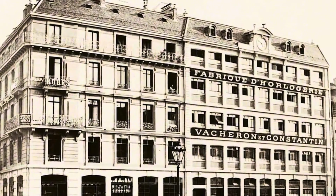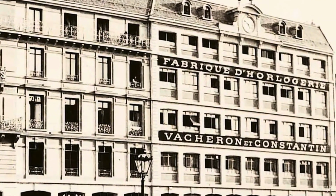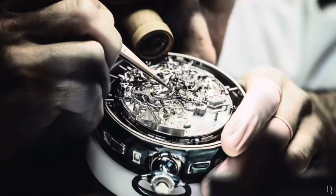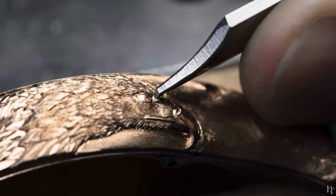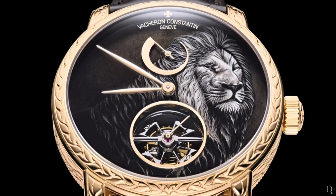Founded in 1755, Vacheron Constantin is one of the most respected Swiss watch manufacturers, behind iconic models like the 222, Historique Americain and the Overseas. Within the manufacturer, there's a department known as Les Cabinotiers, which specializes in bringing unique ideas to life. Basically, if you've got a minimum budget of a few $100,000, you can commission a piece unique that Vacheron Constantin